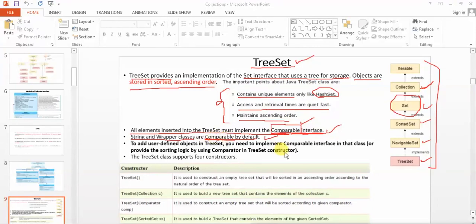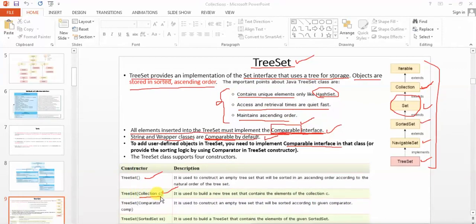This I've already discussed. If you are building your own class, it must inherit the Comparable interface. After that, there are 4 constructors of the TreeSet: the empty constructor, and parameterized constructors, one of which says give me the collection object.